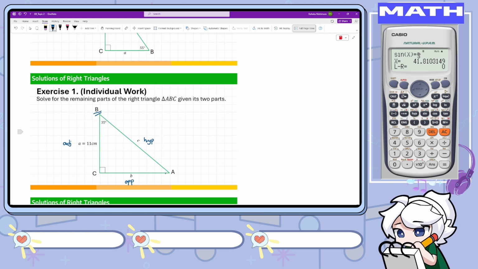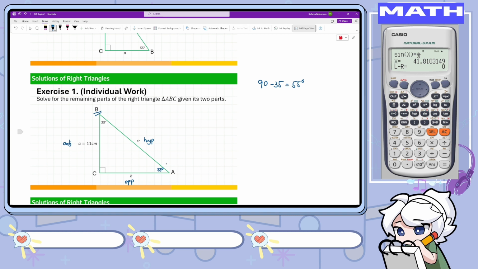But lo and behold, let's solve for A first. If we have 35 here, what is this? Again, those two angles are complementary. So if you want to solve for one of the angles, just subtract it from 90. What is 90 minus 35? The answer is 55 degrees. Thus this is 55. There you go. Now, my goodness, I hope that you answer this properly, or just remember this method, please. I'm just begging you guys. But anyway,